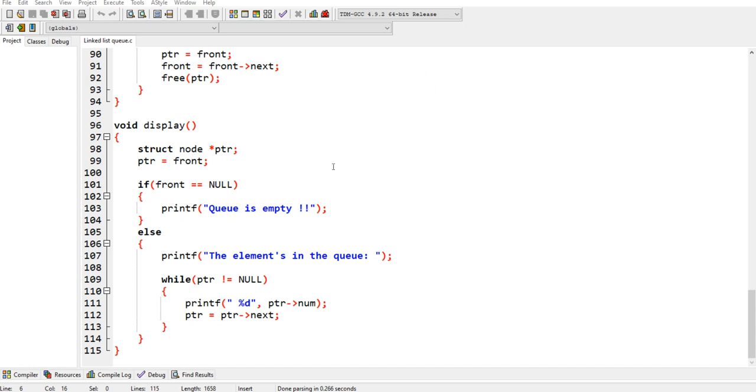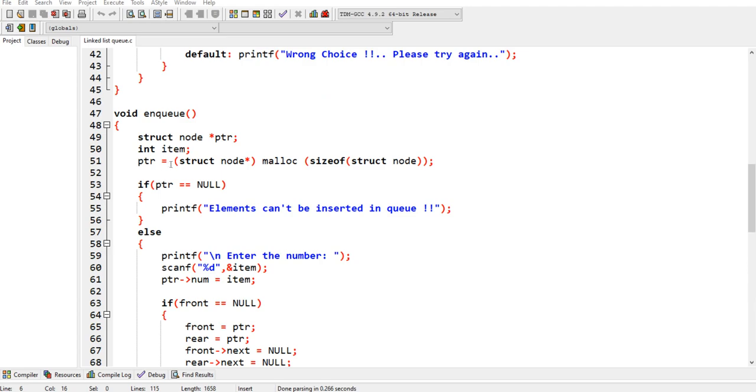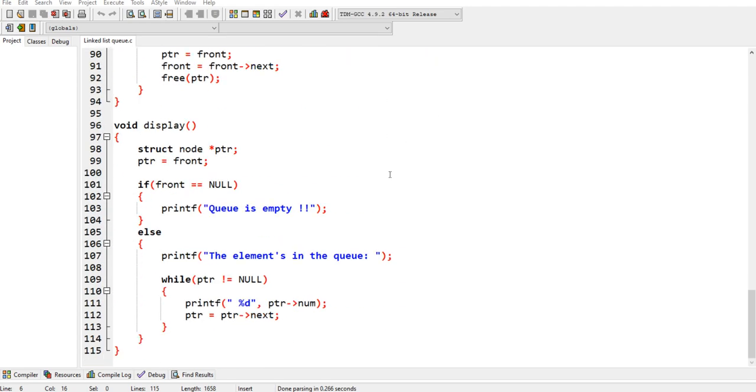Or else, the queue has elements, and it will go into the else part. The elements in the queue are displayed in a while loop, which checks if the pointer is not equal to null. The pointer is the node which we have created using malloc of size of struct node. If this pointer is not equal to null, it means the queue is not empty.